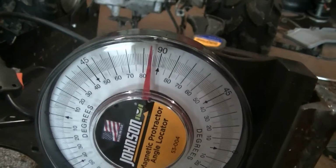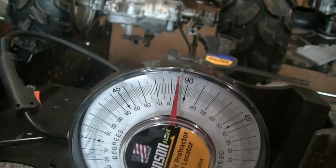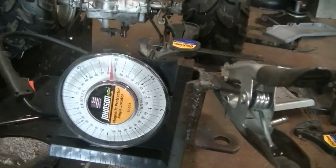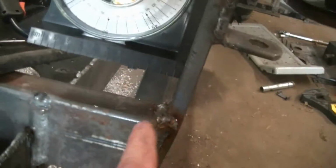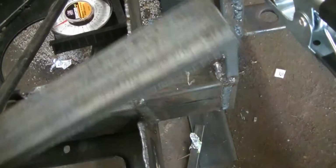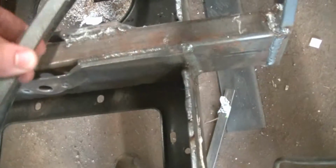Okay, so I got this back at a much better, like 6 degree camber angle. You can see it has a little tweak right there, and I got the hole filled in. Just put a little piece of filler metal in there, notched out both sides, bent it where I wanted it, filled it in. Now is to run this leftover piece of channel, cut it in half,